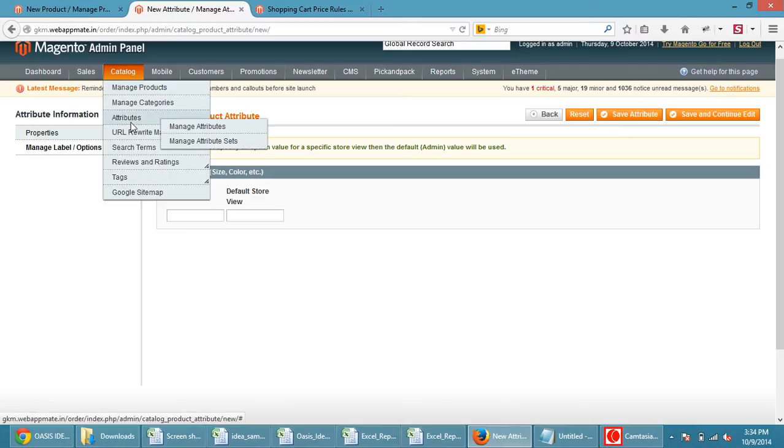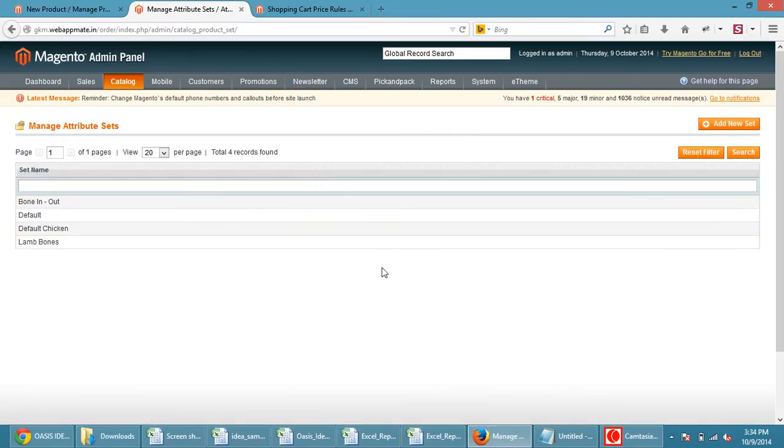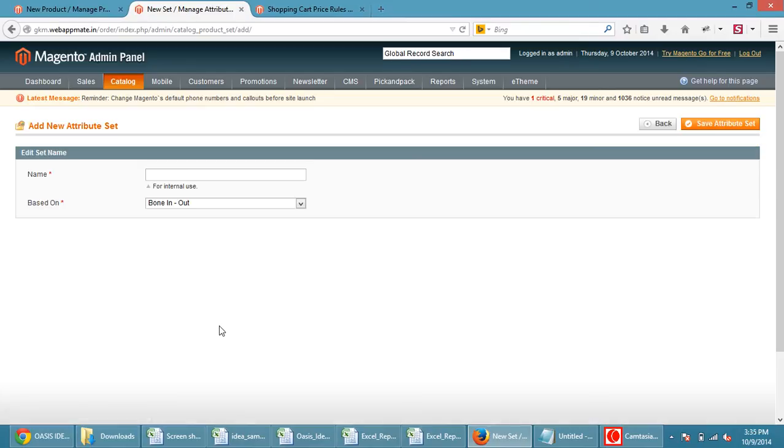Now mouse over on catalog, then attributes, and then click on manage attribute sets. You'll see your attribute here, and add a new set to this, and edit the set name. Then this attribute set will be based on which attributes.